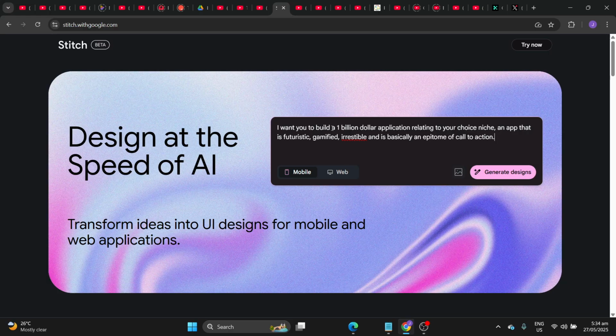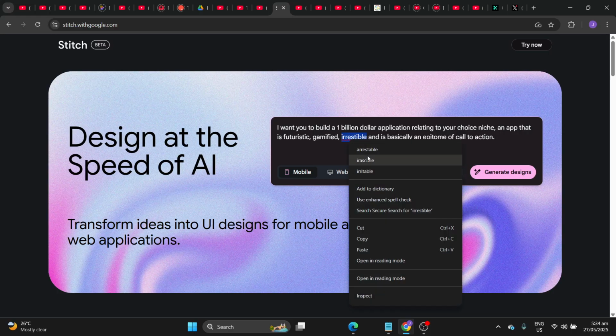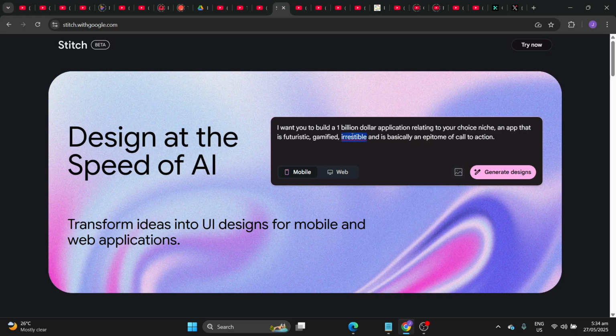So let's leave it like this. I want to see its context awareness, amongst other things. Let's also leave the wrong spelling. For the sake of this PC, let's just go web. Perhaps in another video we'll be able to view it in mobile orientation, but let's just go web and then generate designs.